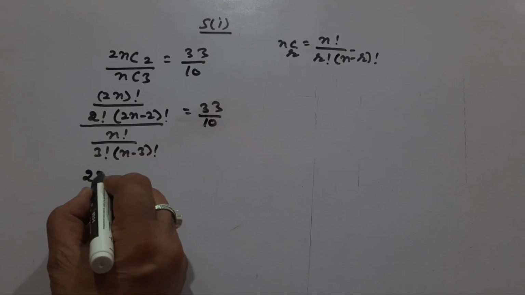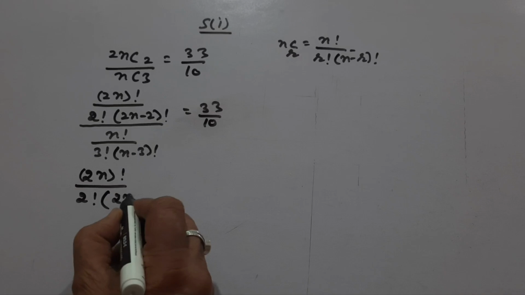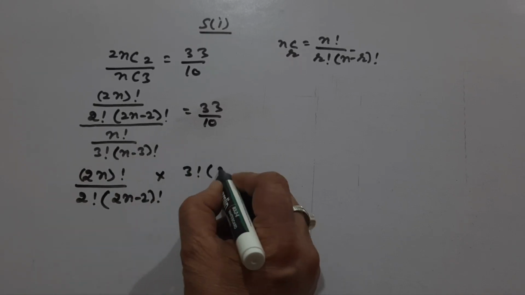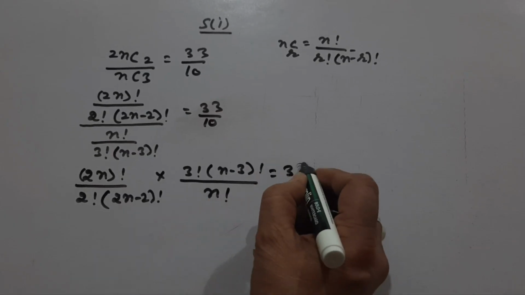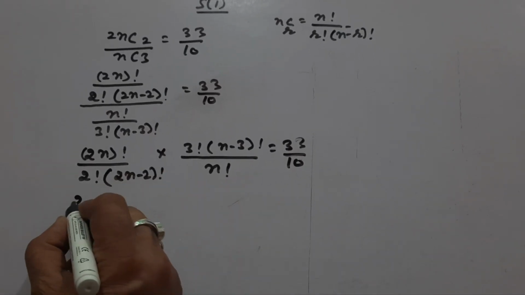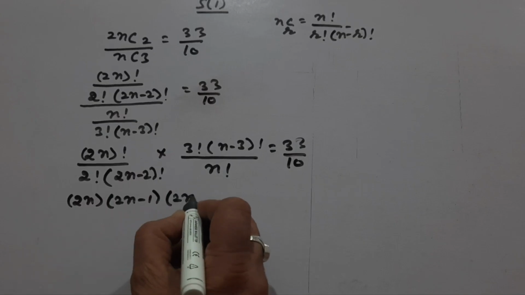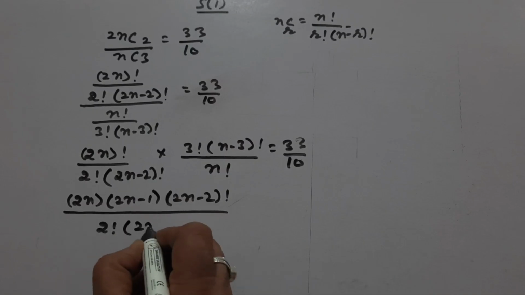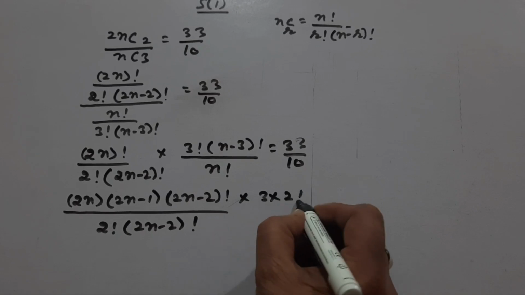Now simplifying it, we can write it like this: 2n factorial upon 2 factorial into (2n minus 2) factorial, and we can write this term in the numerator, 3 factorial into (n minus 3) factorial upon n factorial, equals 33 upon 10. Right? Now writing 2n factorial as 2n into (2n minus 1) into (2n minus 2) factorial, and writing 3 factorial as 3 into 2 factorial,